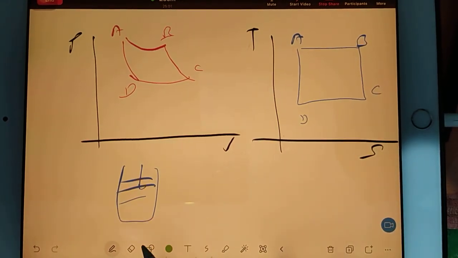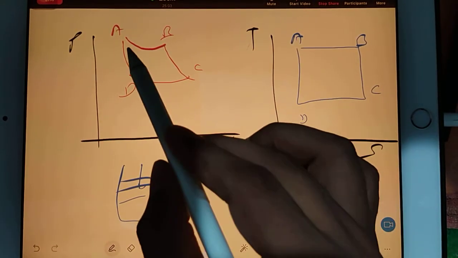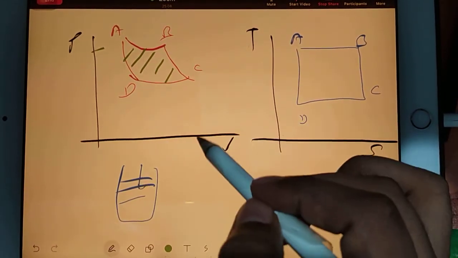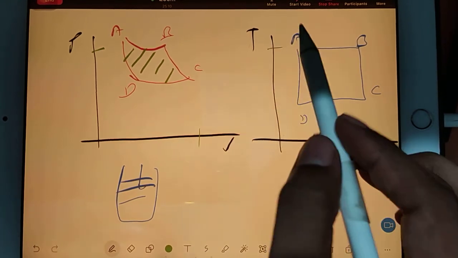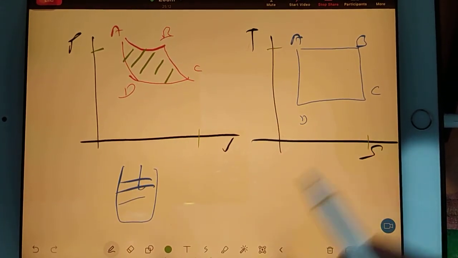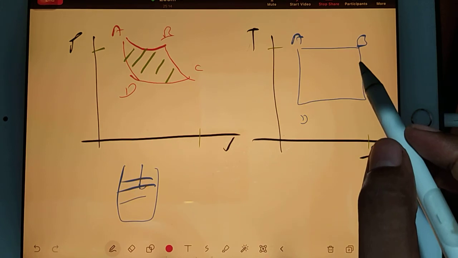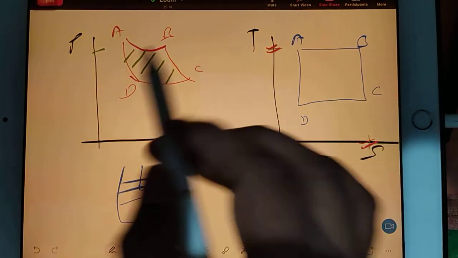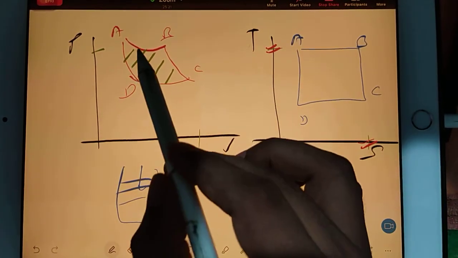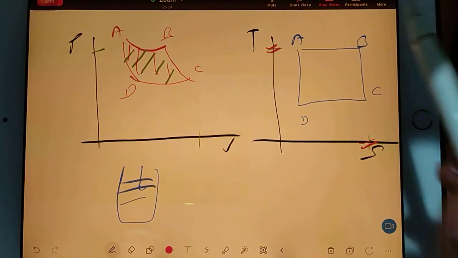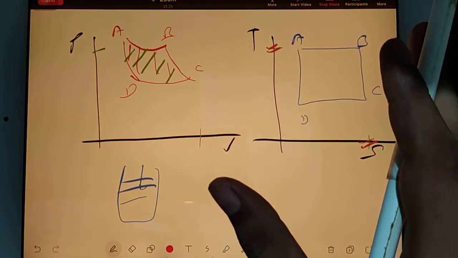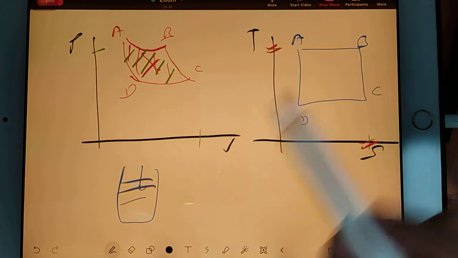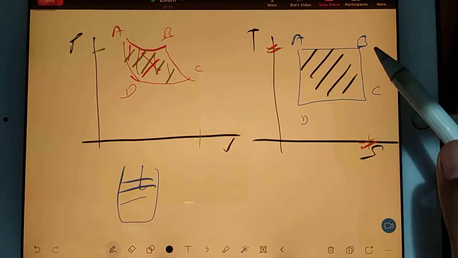Okay, there is a big difference between both diagrams. The big difference is the area. Because here the coordinates are pressure and volume, and here the coordinates are temperature and entropy. So you can see clearly, numerically these values are not the same, so numerically this shape is not the same. Logically, we are representing the same thing. But numerically, this shape and this shape will not be the same. I mean to say that the area inside this cycle will not be the same.